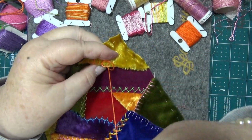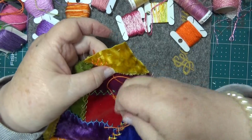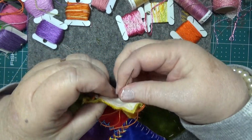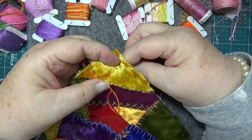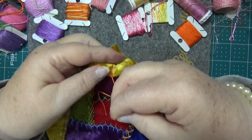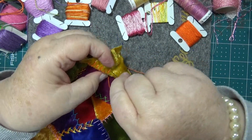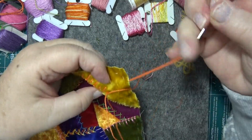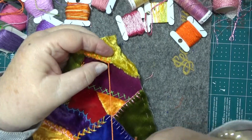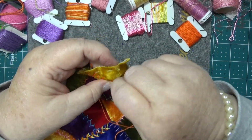Now I'm still here. Nobody panic. I'm just a bit quiet and concentrating on things. I'm doing this by going through and coming back because I can't pick it all up. It's too thick, but it's only for this bit. It's only for fastening down these initial pieces here, if they're too thick. But you don't have to use velvet anyway. You can use whatever sort of fabric you like,